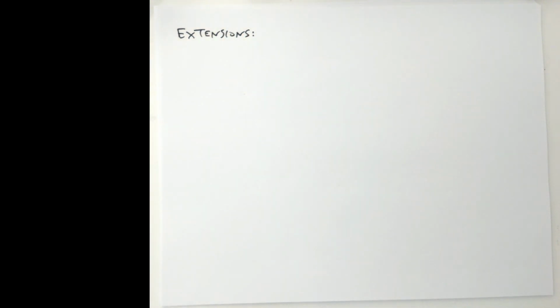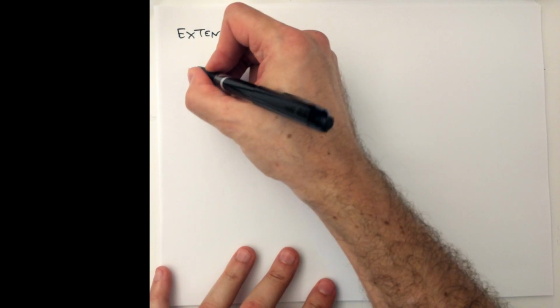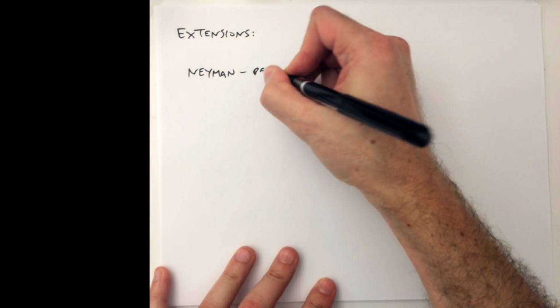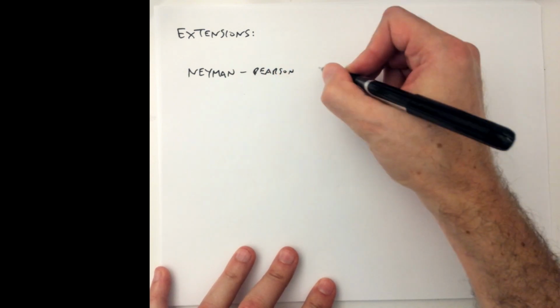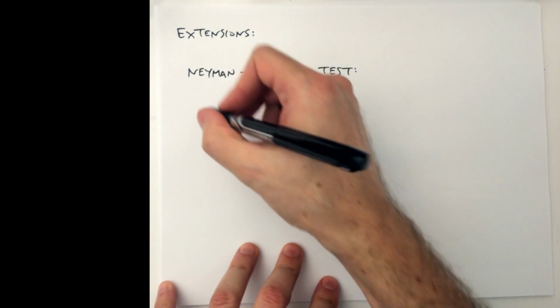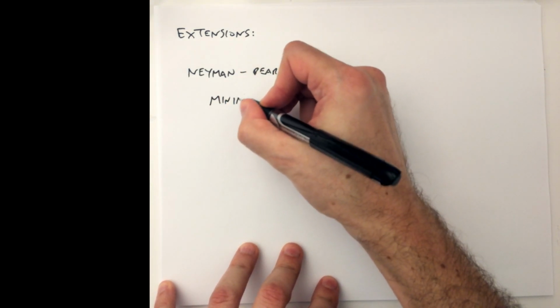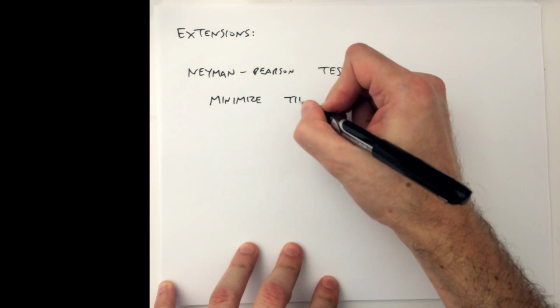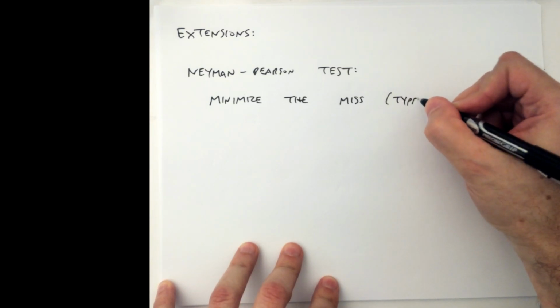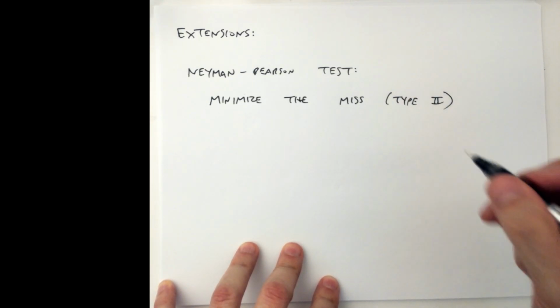There's something called the Neyman-Pearson test, which you will probably see in a machine learning textbook. The idea there is to minimize the miss or type 2 probability